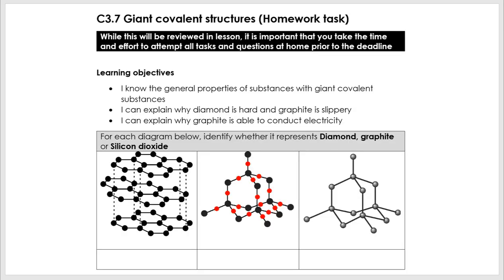So, within this video, we're going to look at the general properties of giant covalent substances, and we're going to look more specifically at diamond and graphite. So, let's start off with these first questions, identifying each of the three substances we can see. And two of these I've already mentioned in the objectives. You have got to be able to recognise them, and you may need to be able to show simple representations